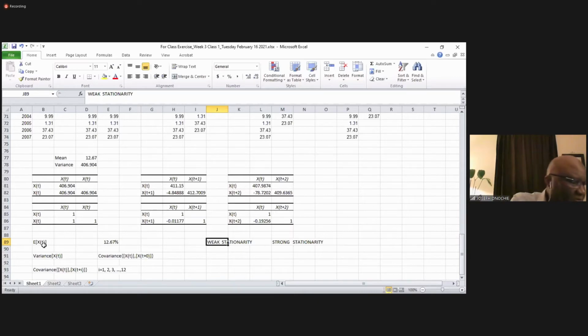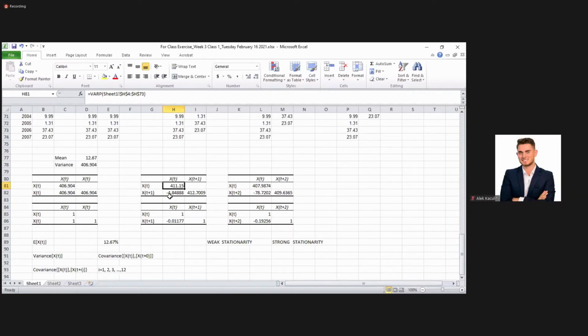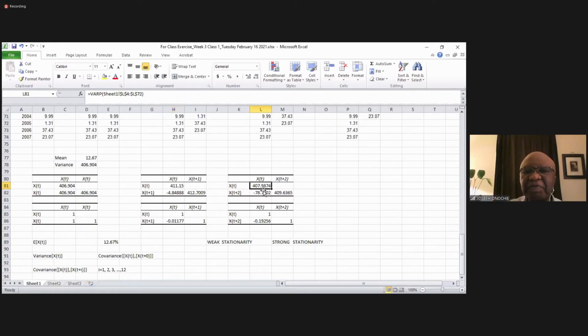So weak stationarity requires the mean to be constant and the variance to be constant, and the covariance at each lag to be constant, but the covariances at different lags don't have to be the same. They don't have to be equal. Let me say that again. The covariance between xt and xt plus 1 is 411.15, yes? Yes. Okay. The covariance between xt and xt plus 2 is 407.9874. They are different. Okay? But